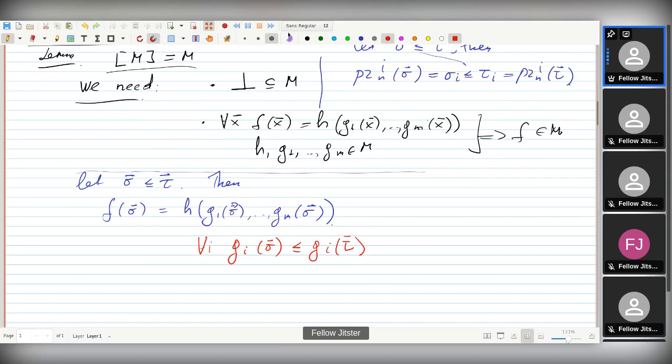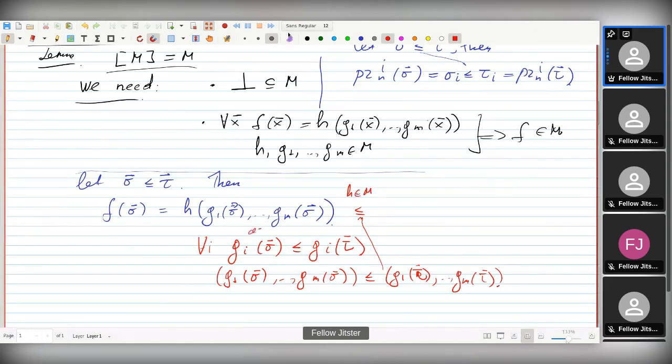So that means that this entire tuple is less or equal than this one. Hence, as H is monotonic,